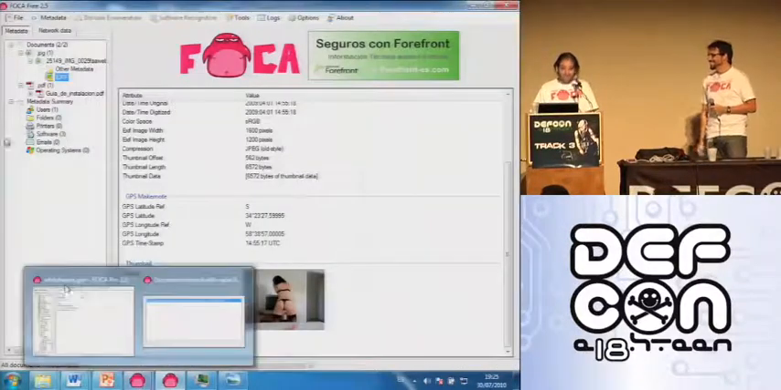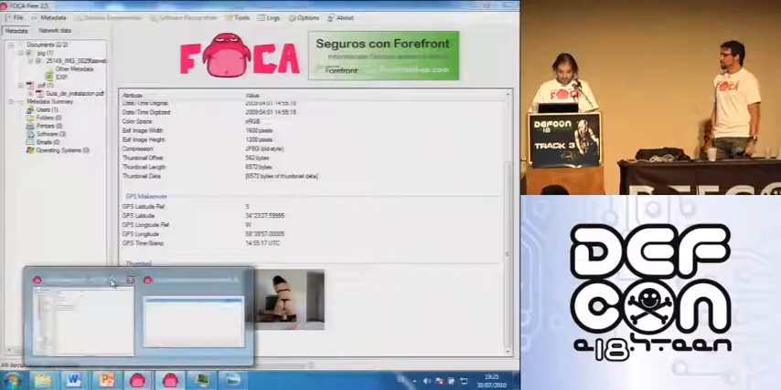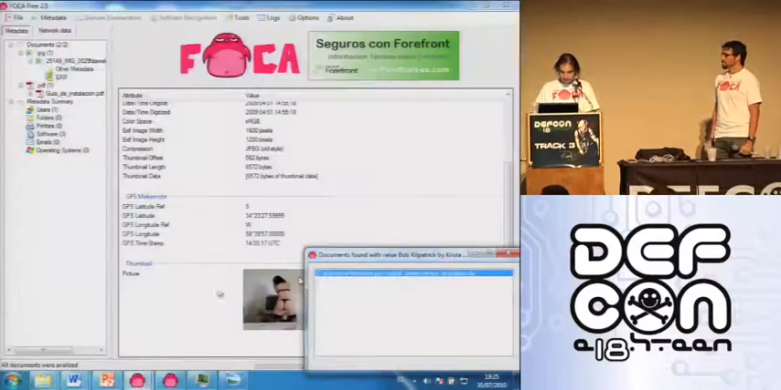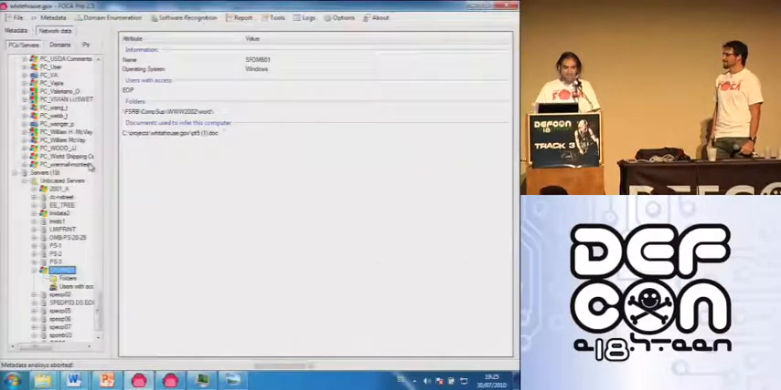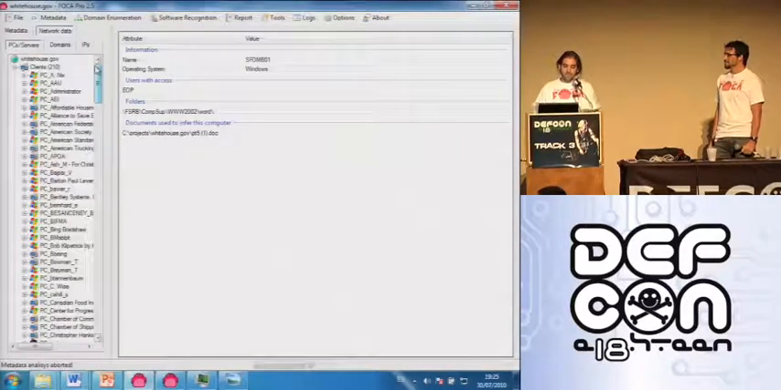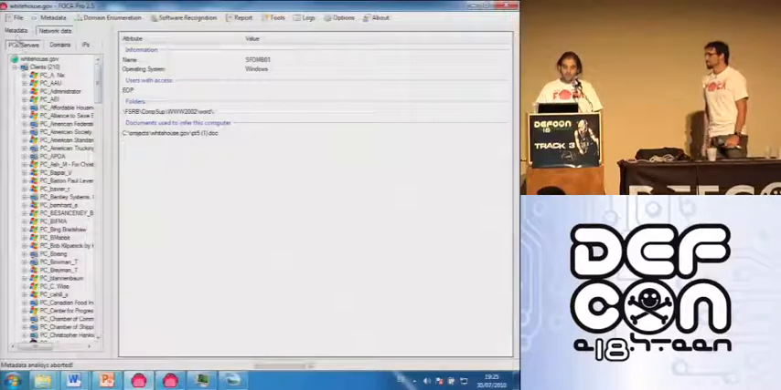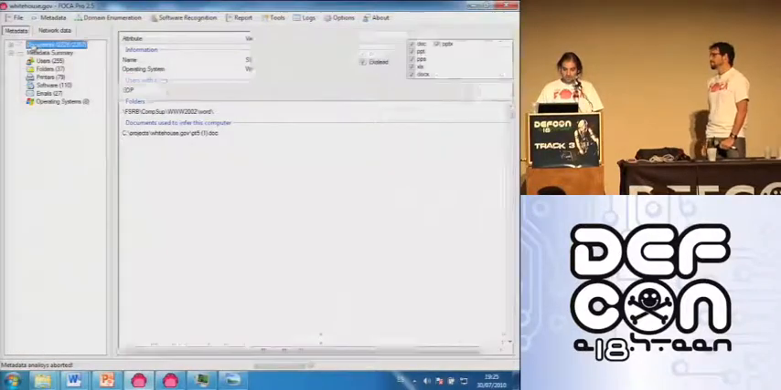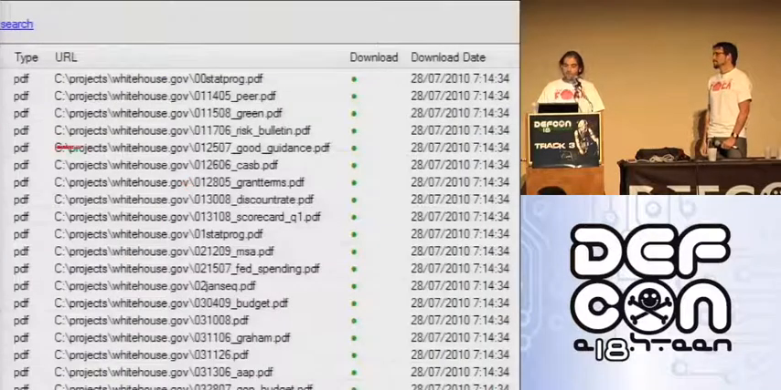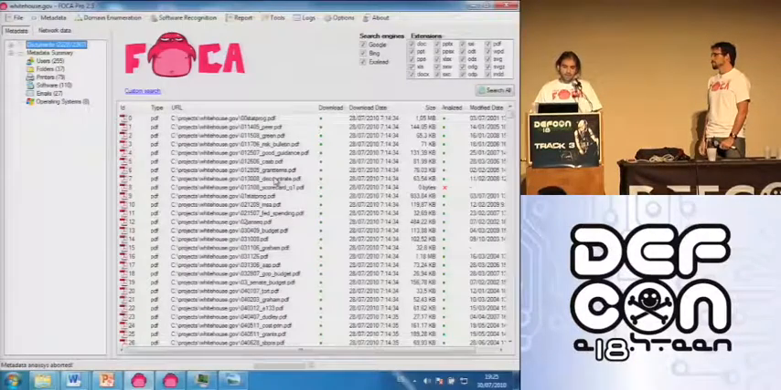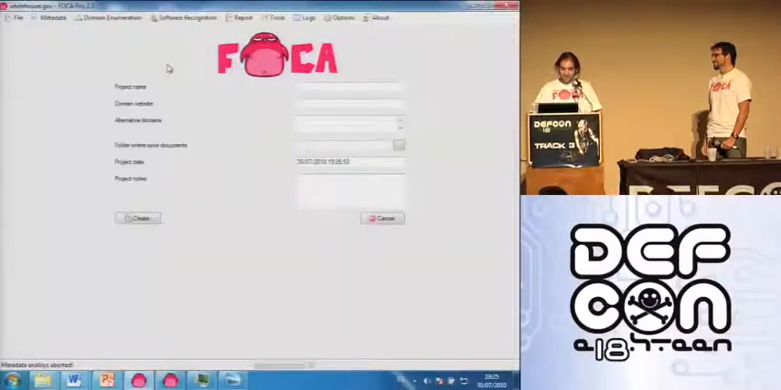Well, let's do a quick demo with the White House. This is the demo that we did before with the metadata extracting from the documents. As you can see, all documents are locally stored, so it's on my laptop. I'm going to delete everything after this talk, and we are going to create a new project with the White House.gov,